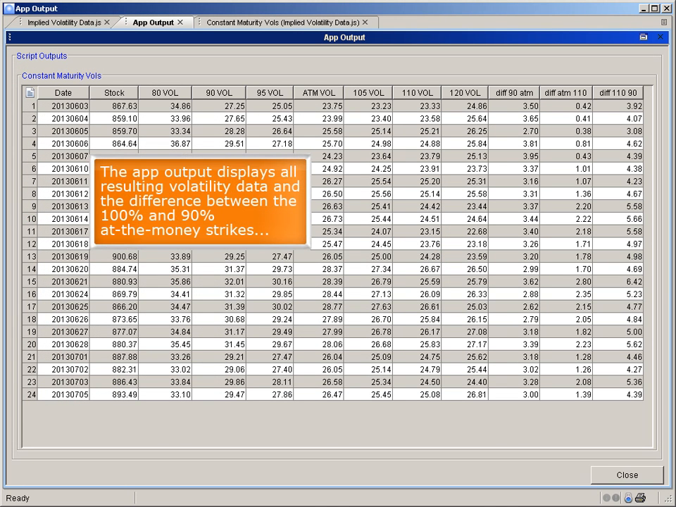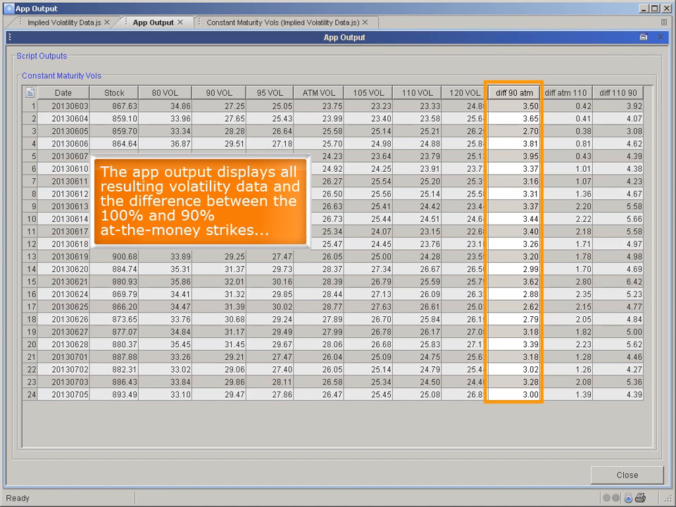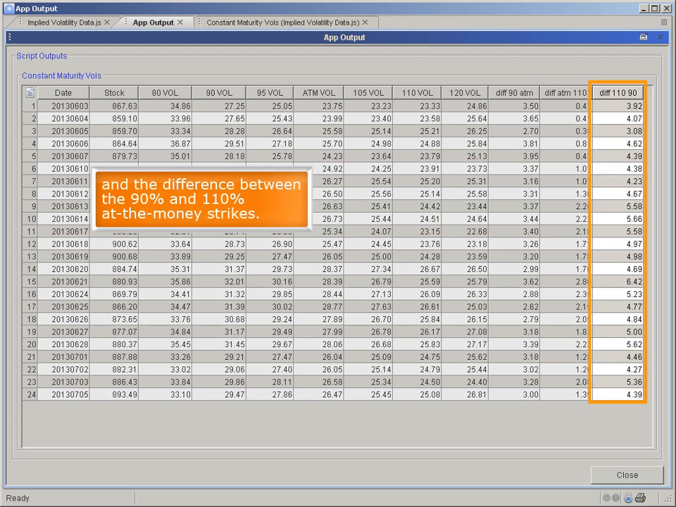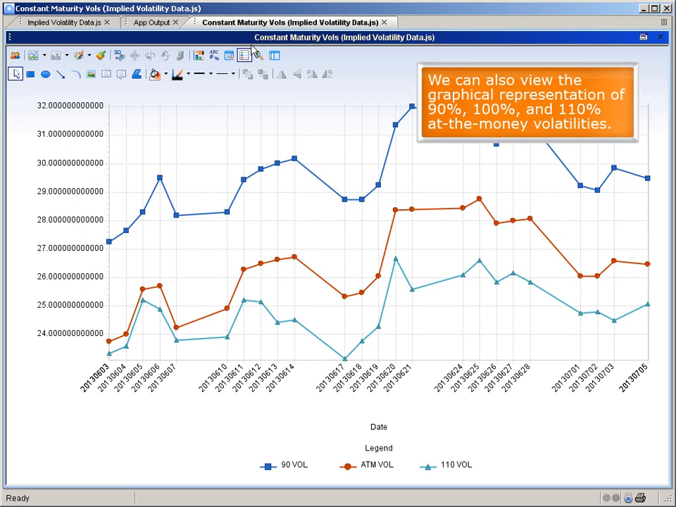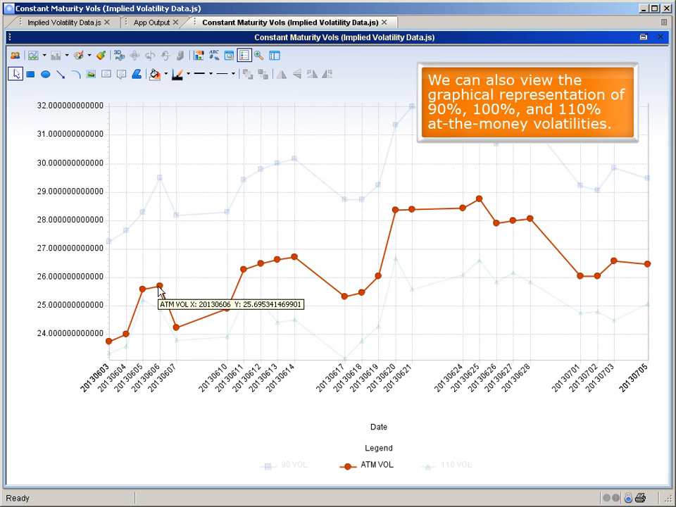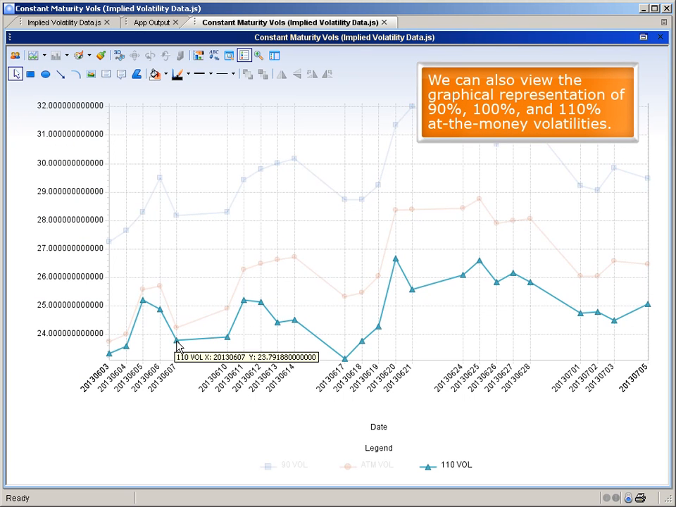The app output displays all resulting volatility data and the difference between the 100% and 90% at-the-money strikes, the difference between 110% and 100% at-the-money strikes, and the difference between the 90% and 110% at-the-money strikes. We can also view the graphical representation of 90%, 100%, and 110% at-the-money